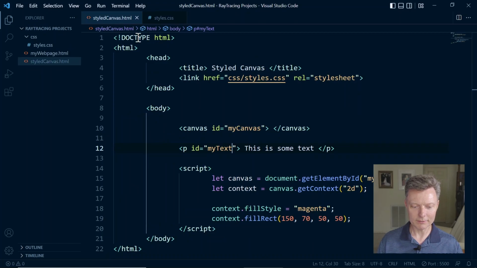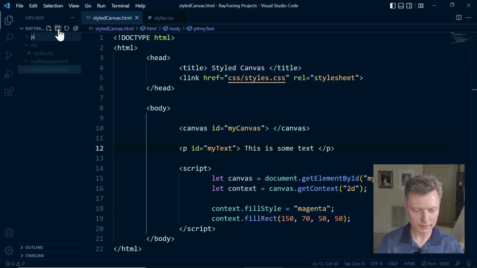Go back to stylecanvas.html, and we see this script tag that we had added the JavaScript code inside, and this is the inline method, so all this JavaScript is just inline. So much in the same way that we created a CSS folder with a CSS file inside, let's create a JS folder with a JS file inside. Click on Styled Canvas just to make sure you're in the root folder, and now click on New Folder, and we're going to name this one JS. So JS, enter,